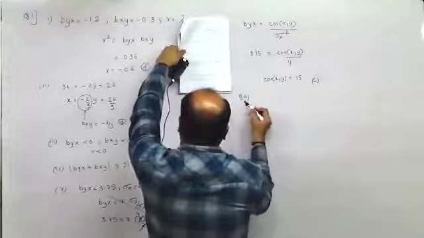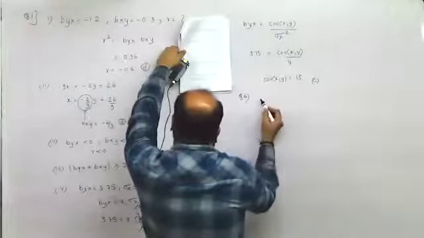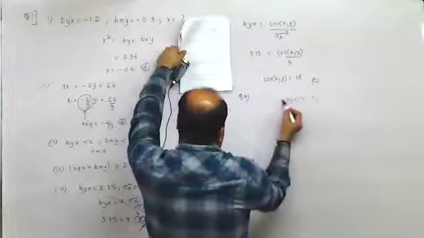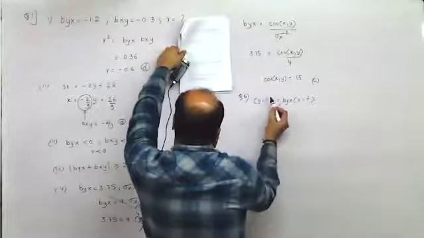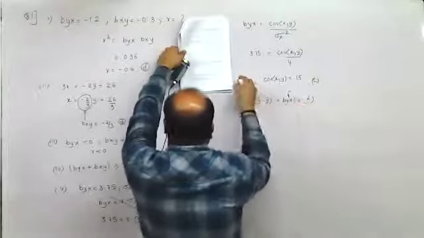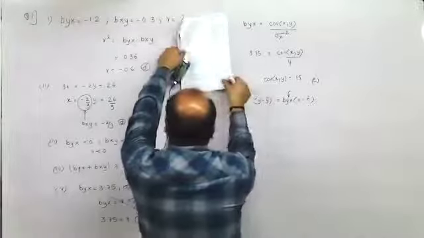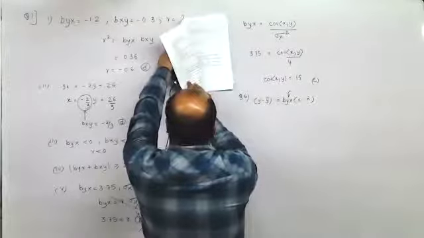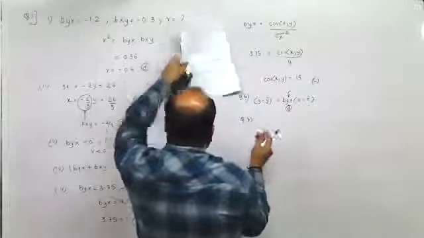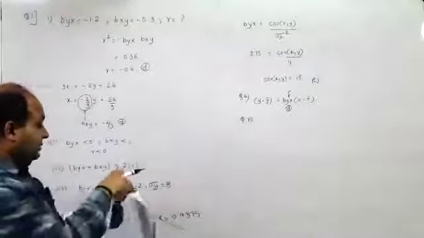Question number 6, slope of line of regression. Slope of line of regression of y on x. So this is y minus y bar equal to byx into x minus x bar. Now slope of line of regression of y on x is this itself. It is same as regression coefficient of y on x. If I'm going wrong anywhere, just let me know. I'll think over it once again.